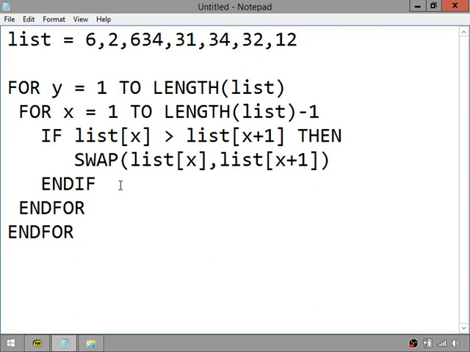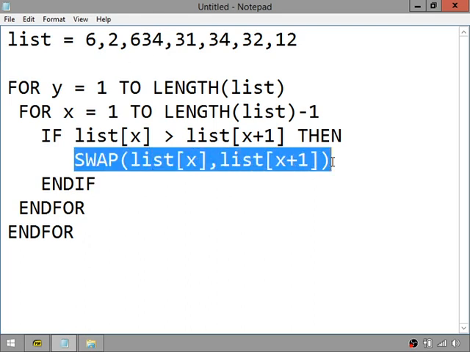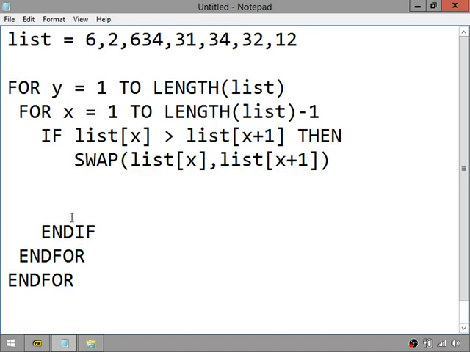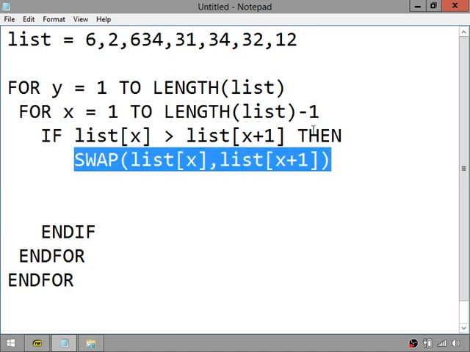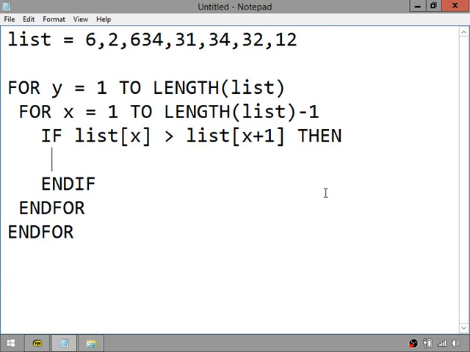Now, if you're interested, and you're welcome to stop watching the video here, I'll talk you through how a swapping algorithm works. Now, most languages won't support this. I think Python does, but languages like Visual Basic and C#, there is no such function that will automatically swap items in a list. So I will talk you through at least one algorithm for it. So we could say